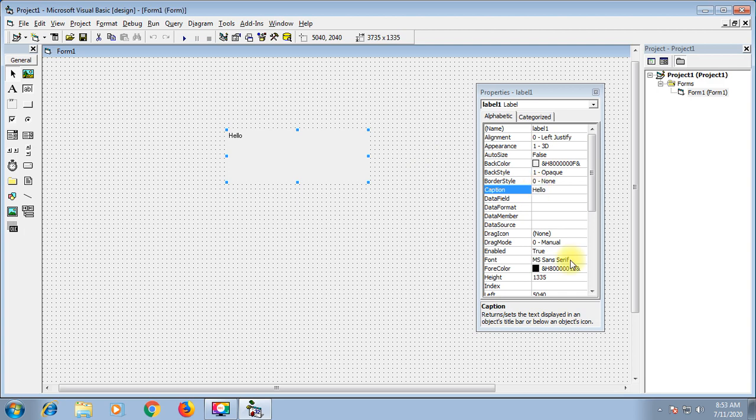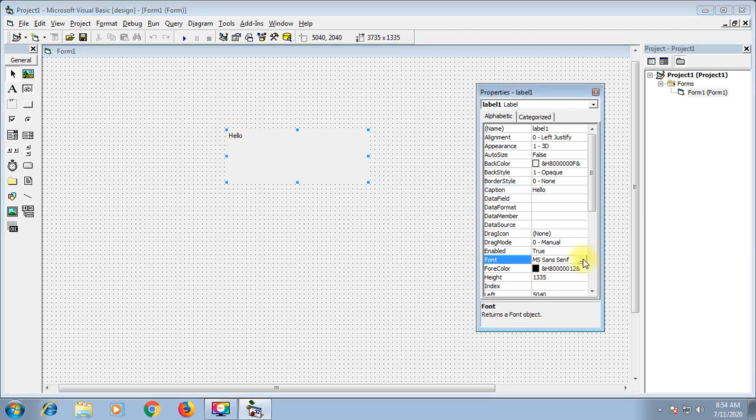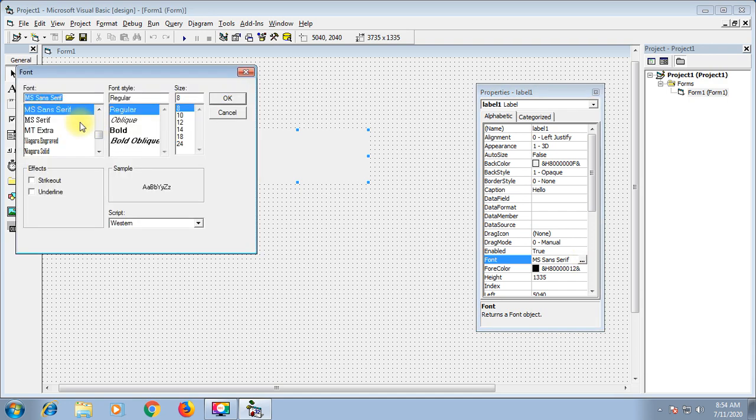In this property window, we have one more property associated with the label control. The next property is the Font property. Don't worry, we will come back to Caption and Name also, but right now our first necessity is that you can easily read the contents of the label. So I am changing the font. Go to Font and click on the button and select.